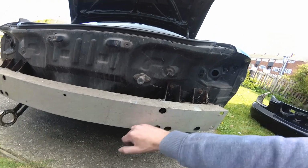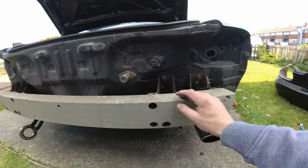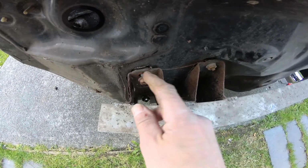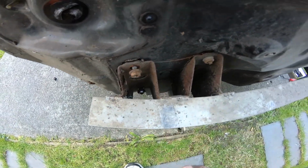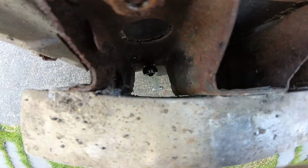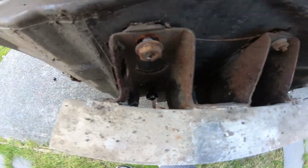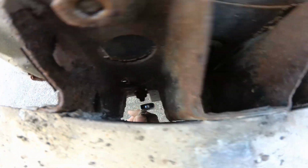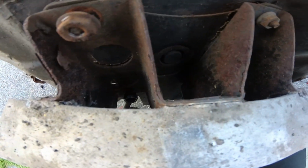So this is the stock crash bar, and that's what we're going to be removing to replace with the FPM one. So next step is to unbolt this. Okay, well these top bolts were not too bad. You can get a socket on those, but deep down in there you can see there's another bolt, and unless you've got a really good small low profile socket set, you're not going to get one in there. So I'm just using a ring spanner and